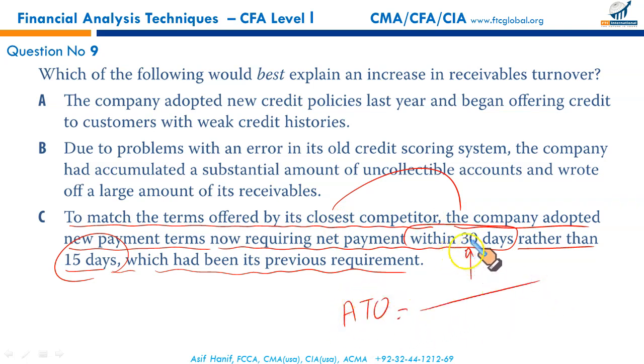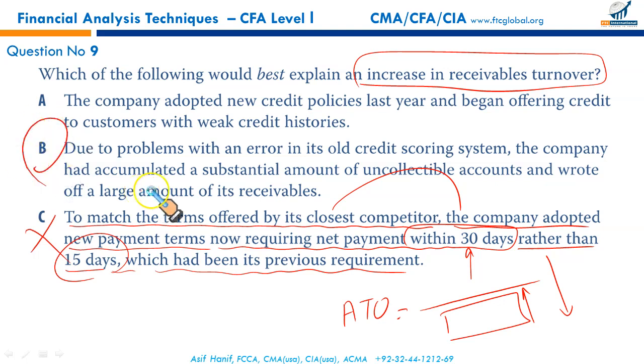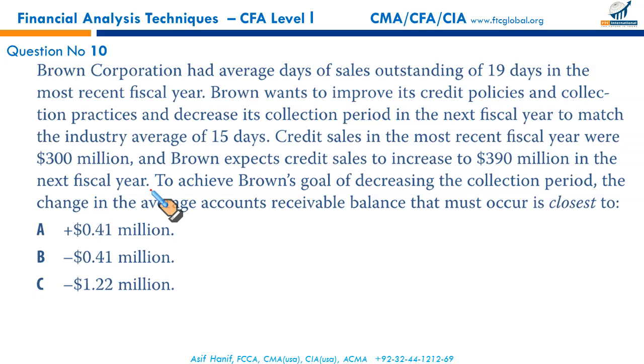This would result, gentlemen, in the account receivable turnover changing. Since you have now given 30 days credit, your account receivable balance will swell. Will increase, in other words. I use this word frequently. Because of the higher denominator, the ratio will fall. So we are looking for an increase in receivable turnover. C will result in a decrease. So this is not the right option as well. So we are sure now B is the right answer, and B it is. Next.